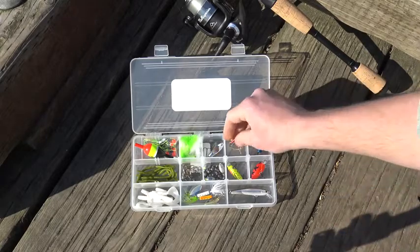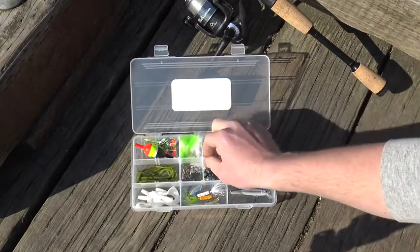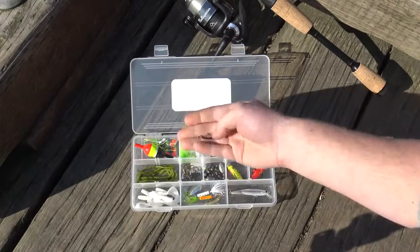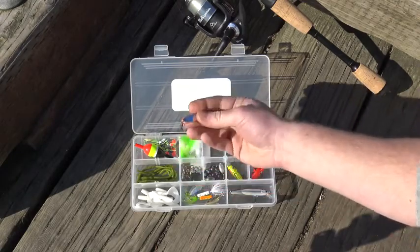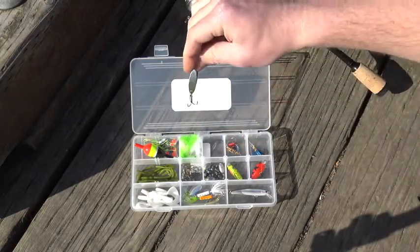We also have a classic casting spoon. This one is just a staple for every trout fisherman. It mimics those really tiny river and stream minnows, and it just flashes left and right, reflects a lot of